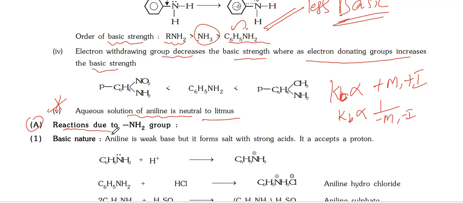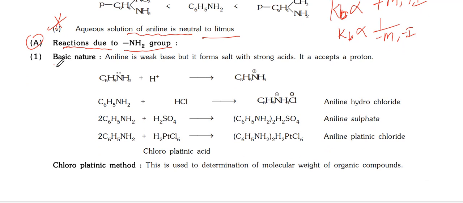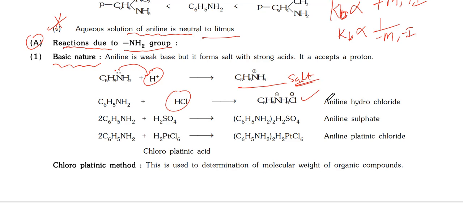Next, reactions due to NH2 group. अभी NH2 के ऊपर what type of reactions are there, we are going to discuss now. First, basic nature. So on the nitrogen of NH2 a lone pair is there, obviously it will attract the proton. So protonation takes place, forming a salt, right? A similar reaction we observed in the aliphatic also. Then aniline reacts with HCl and forms aniline hydrochloride or anilinium hydrochloride, we can say any name. सल्फ्यूरिक एसिड से भी वही होता है, साल्ट जैसा बनता है, प्लस एंड माइनस, ठीक है.